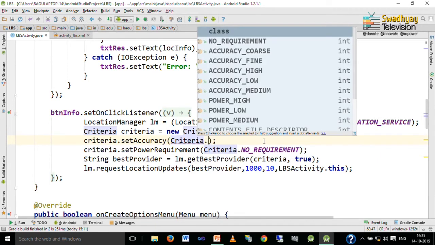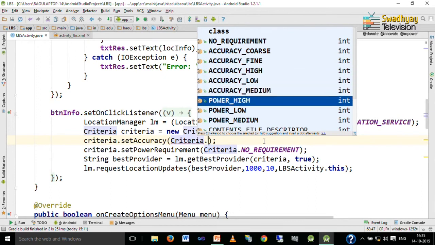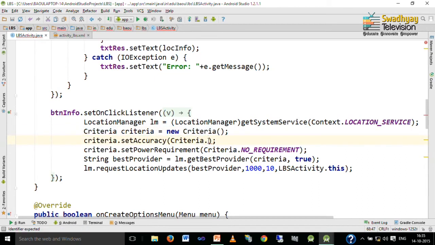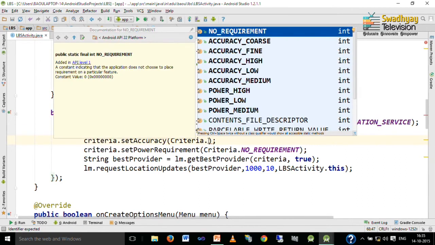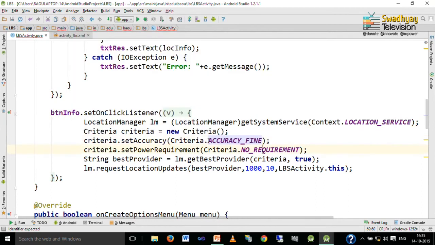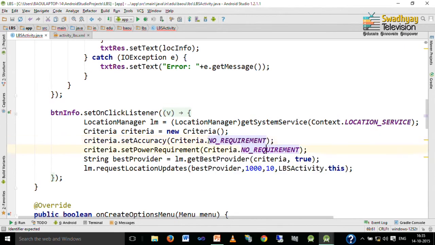No requirement, coarse, fine, high, low, medium. So, any of these can be specified inside these accuracy value, but right now we write down no requirement. If you specify fine, then it tries to find out exact match, but here we write down no requirement.